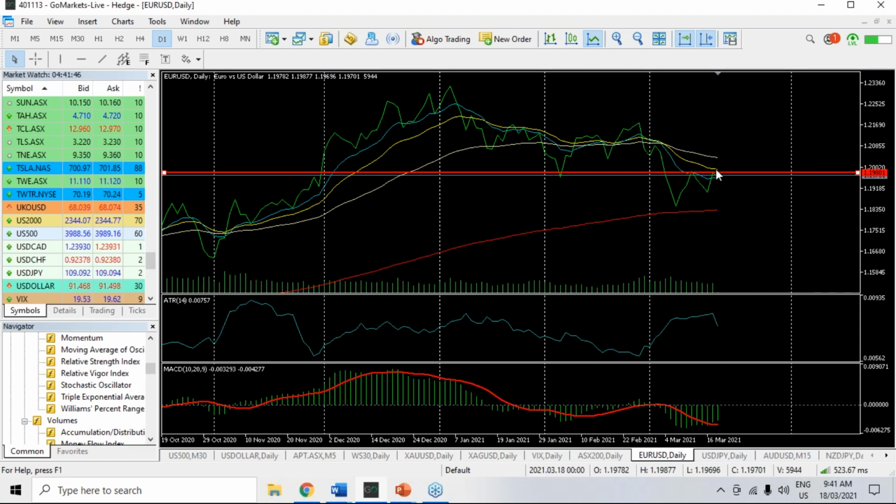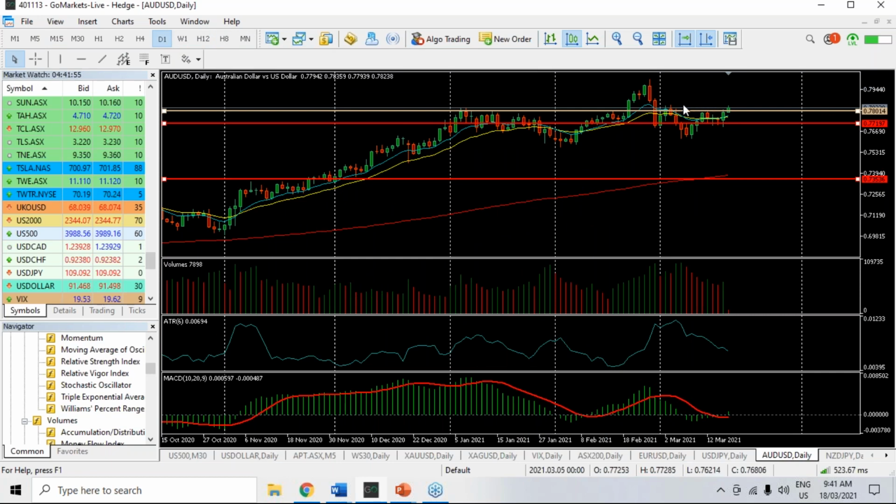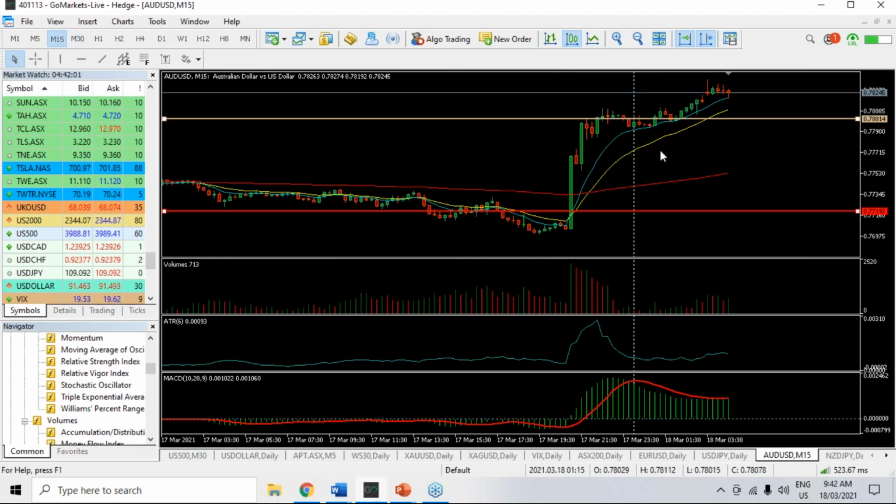So though we got that strength yesterday, we're not getting that follow through in Asia today. However, if we look at the Aussie US, there we've broken a key level, as you see, at 98 cents, and we've had that strong session in Asia. Took a little bit of a trade here. Now you can see it's starting to level off a little bit. The employment data, this was the employment data candles. So the response to that, we can see we're rejecting moves to the downside.